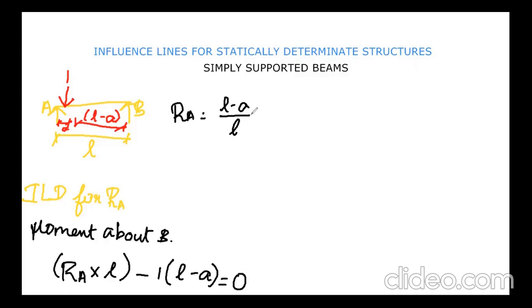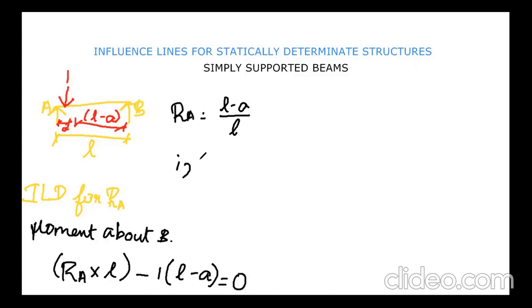Next, we all know that a is variable, since we are considering rolling loads in this session. We are not going to discuss any static loads. Here, the load is assumed to move from the left end to the right end. For this section, we have chosen that the load is acting at a distance a from the left support. So a is a variable, which means the load will move from the left support to the right support. So there will be two cases arising to draw the influence line diagram for a reaction.